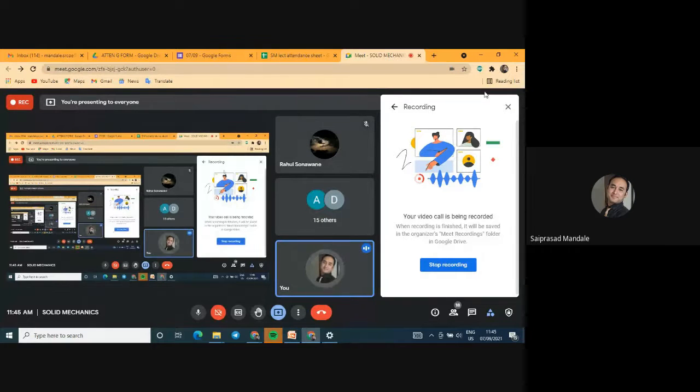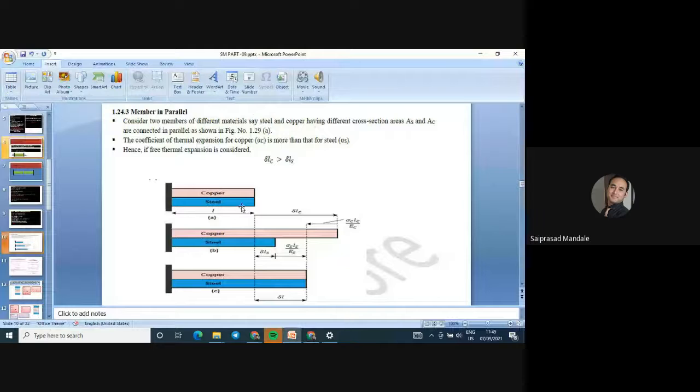Now the session started. Yesterday we discussed two friends, copper and steel. Say copper has good strength and steel has very poor strength compared to copper. I'm talking about the friends, not about copper and steel as materials. Copper is trying to pull the steel to the canteen and steel is trying to pull the copper to the classroom. But as copper has high strength, it can carry steel to the